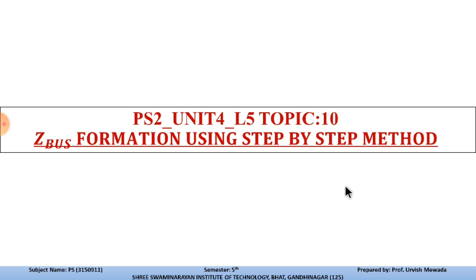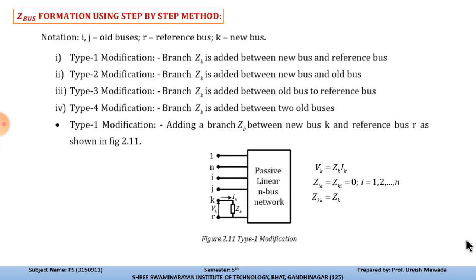That we have already studied, but this is the initial step to solve such methods, to determine the value of voltage and current when the system is in a healthy condition or when a fault occurs in the system. So let us discuss how we can find the ZBus using this algorithm, the step-by-step method.